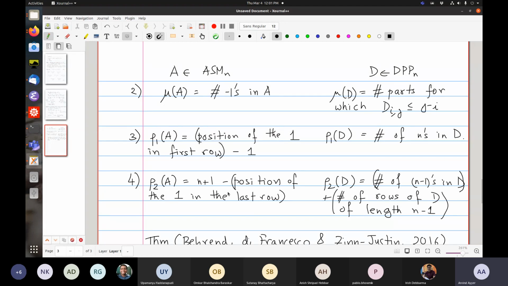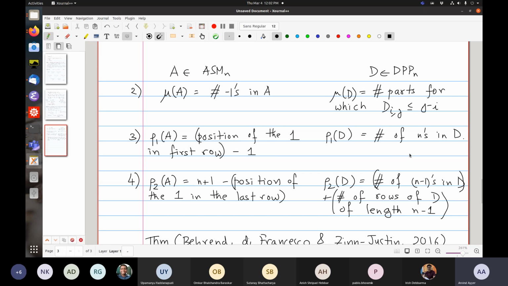But you can see from our symmetries of the ASM that rho 2 in A is also equidistributed with rho 1. But if I take the joint statistics, simultaneously rho 1 and rho 2, then what do I do over here? Here there is an obvious symmetry, but here what do I do? There's only one n. I don't have the analog of that.